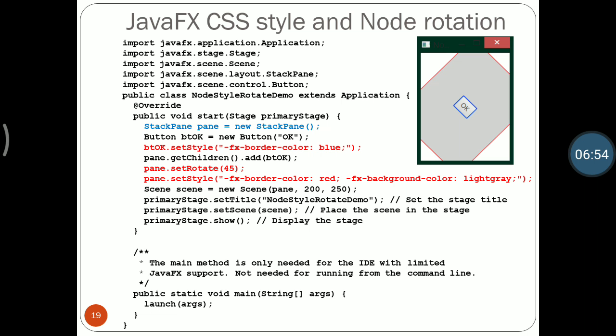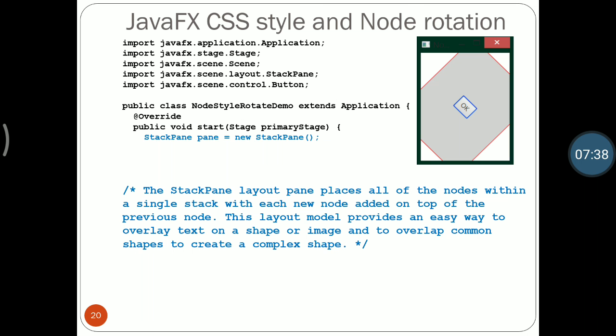We are setting its style, btOK.setStyle with color blue, and the pane's rotation is 45, so the pane will rotate 45 degrees. We are also setting a style on the pane, meaning its border color is red and its background color is light gray. So our pane is rotated 45 degrees, its border color is red and its background color is light gray.